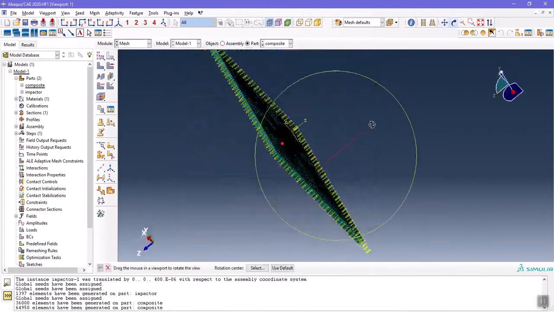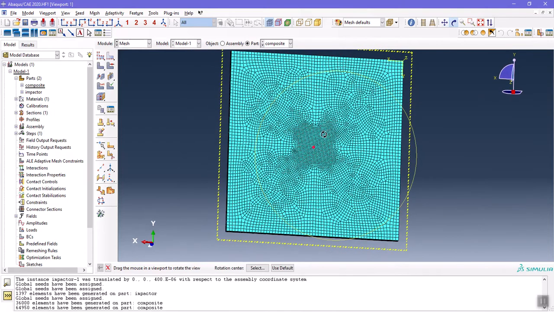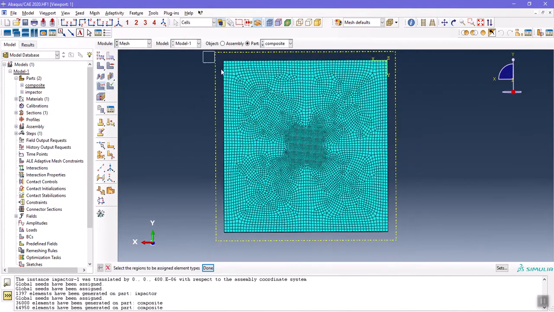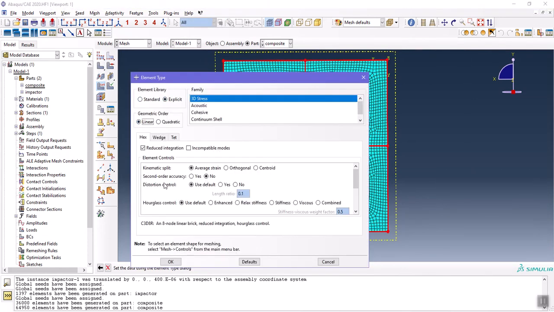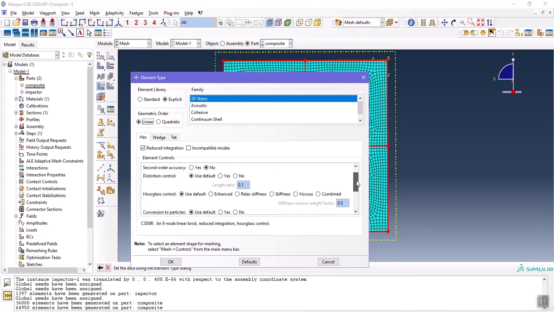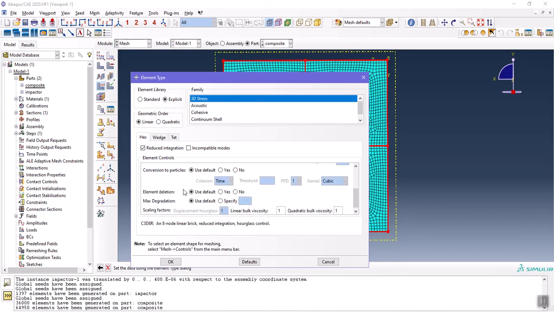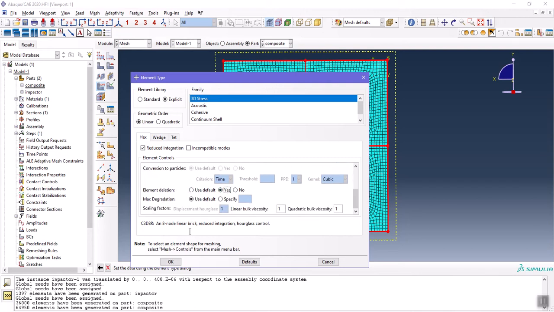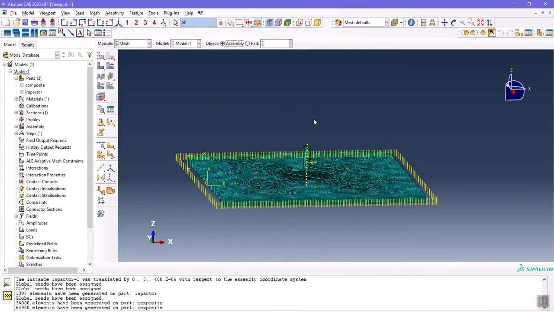You can use finer meshes based on your analysis. If you use the finer meshes, you can get better results. So we assign our element type as explicit linear hex. Here we don't need any distortion control. You might need it based on your analysis, but in hourglass control we use enhanced hourglass control. And make sure that you check yes on element deletion. If you don't check that, your elements won't get deleted even if they fail. Okay, so our meshing is